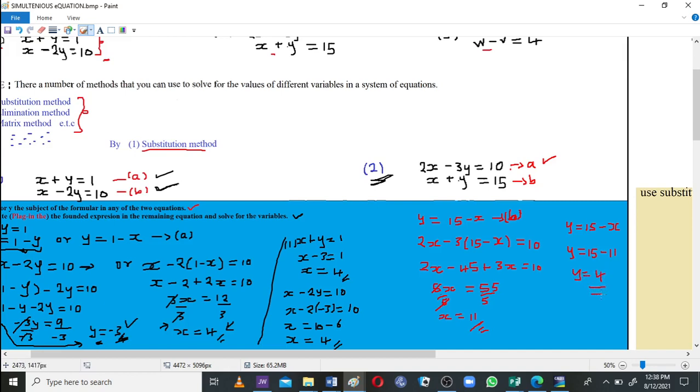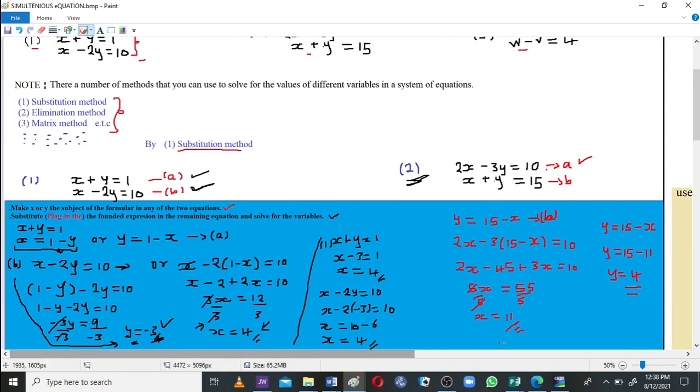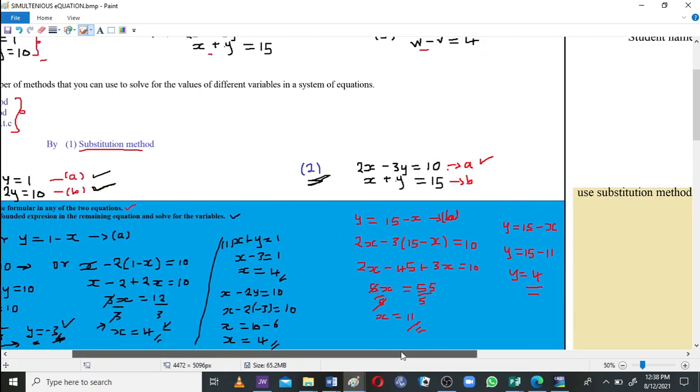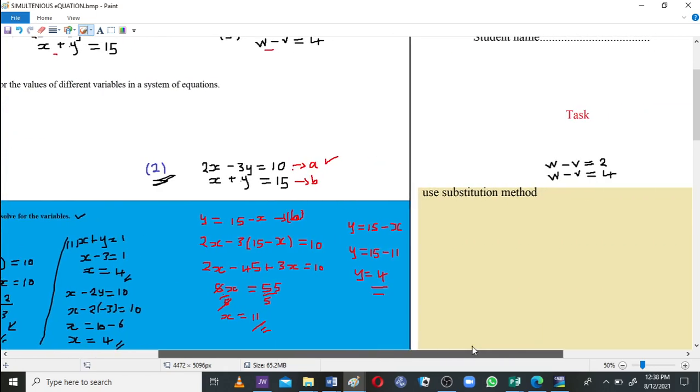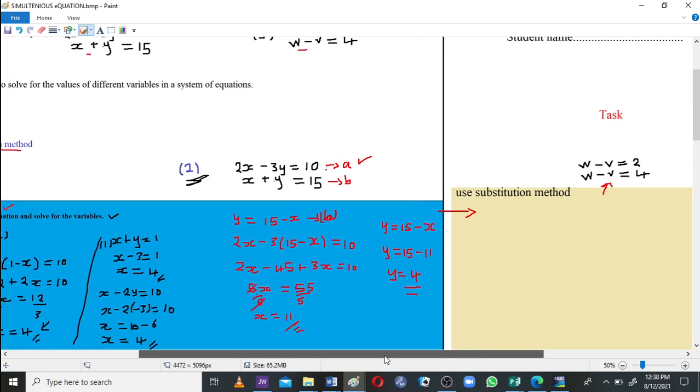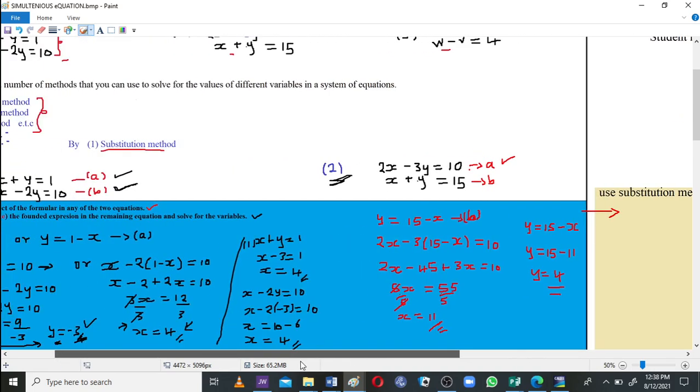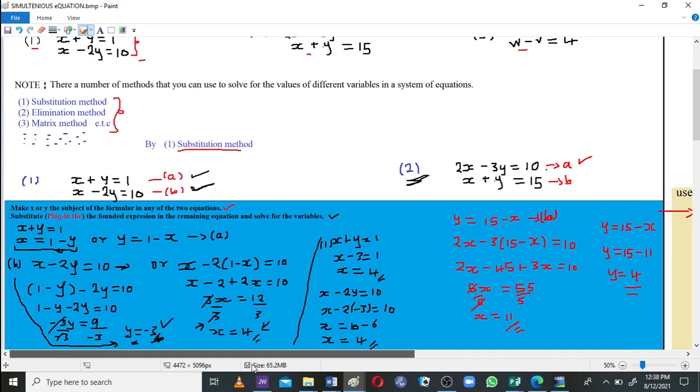All right, so I have shown you how to use the substitution method. Now here is a task for you. The task for you is right here. You need to use the substitution method to solve this equation here. Do that and then you can send it to me in the group. I'm going to correct you if there is anywhere